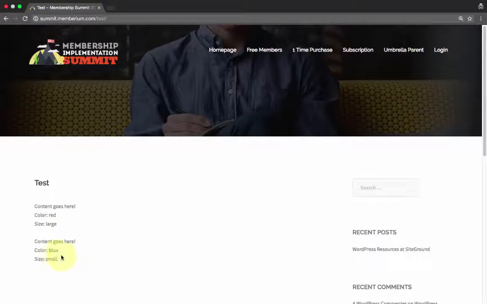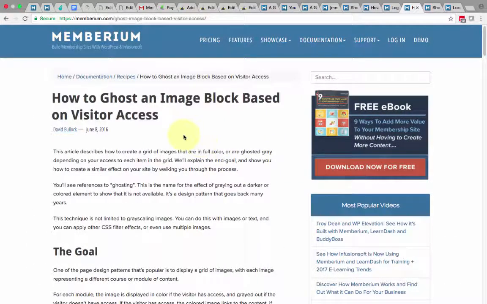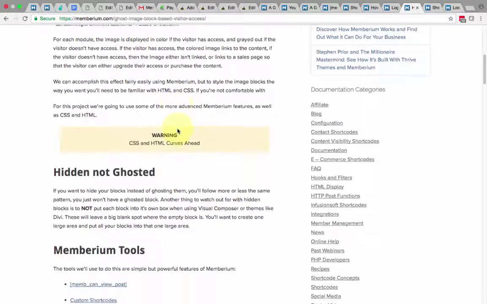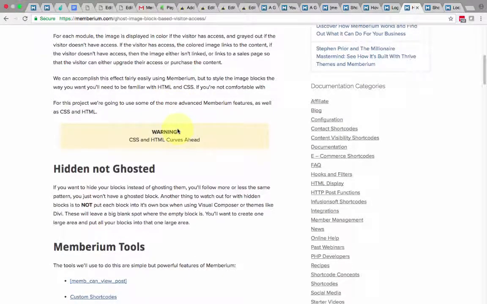Here it's saying color blue, size small. Now, I'll show you an advanced use of this, but it'll give you an idea of why this is so cool. So we have an article that Dave wrote called How to Ghost an Image Block Based on Visitor Access. And what that basically means is it's showing somebody that, hey, this is available to you,